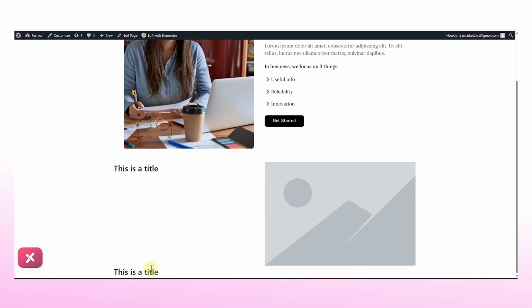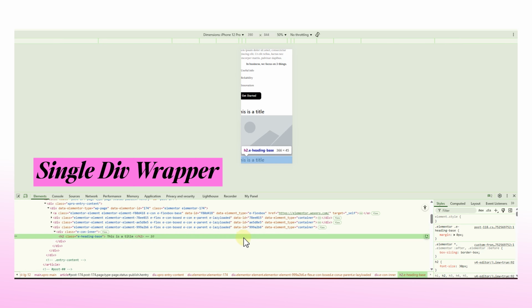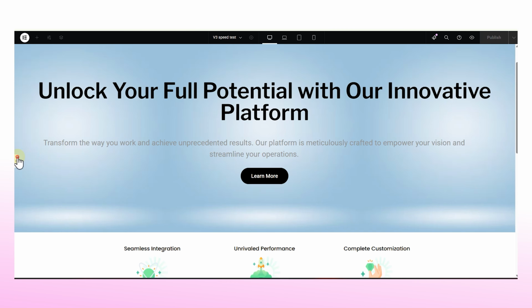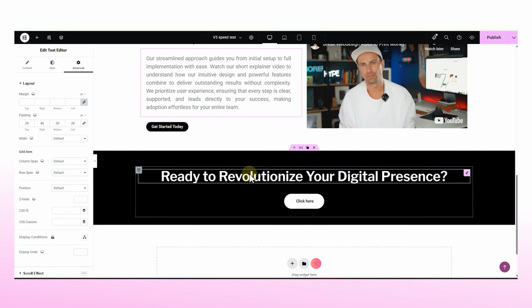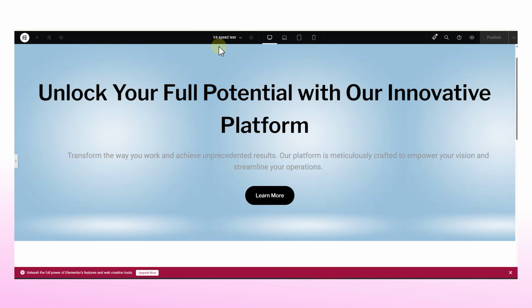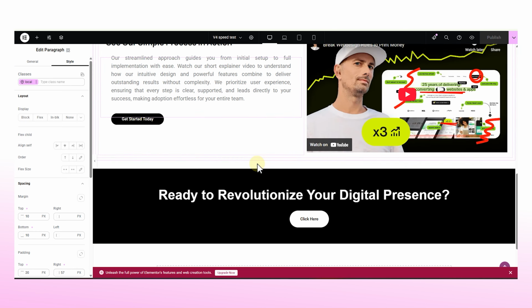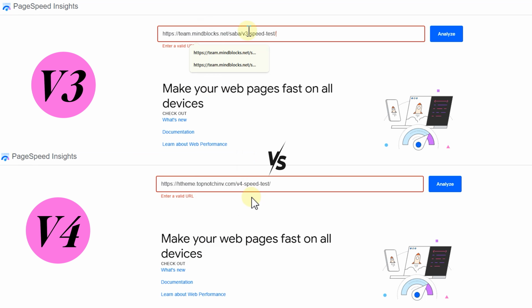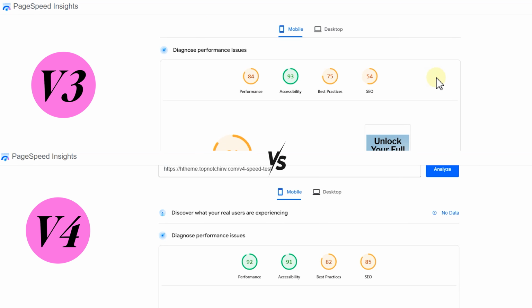Less clutter, faster loading. So to prove it, I built 2 identical pages, one with v3 widgets and one with v4 atomic elements. Let's run a speed test using PageSpeed Insights and see the difference. As you can see, v4 is clearly faster.